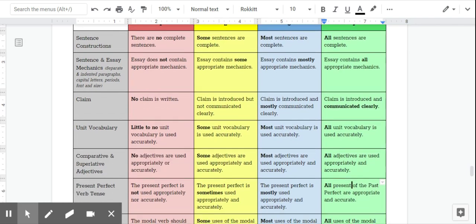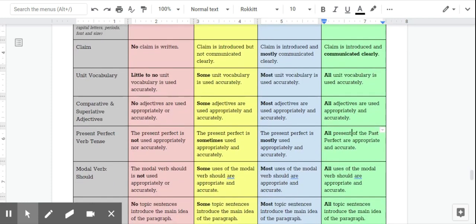The next category is unit vocabulary. To get a 4, every time you use unit vocabulary, it is used accurately, and make sure that you use lots of it. The next category is your use of comparative and superlative adjectives. To get a 4, all adjectives are used appropriately and accurately. Present perfect verb tense is the next category. To get a 4, all